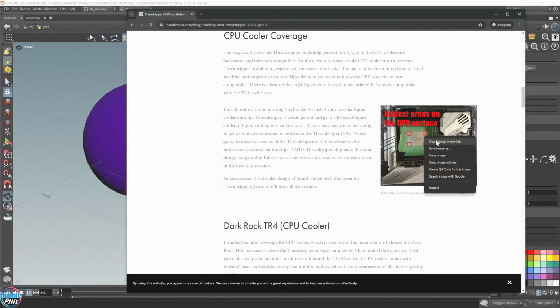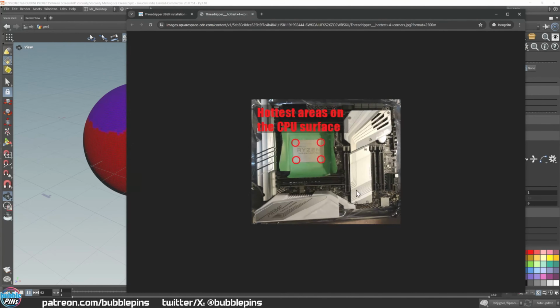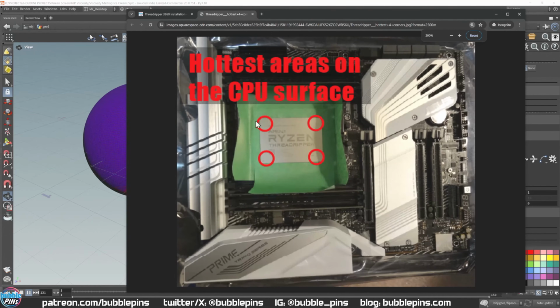What I did was I put painter's tape all around it, and then I used a piece of business card, something that I could throw away, and squeezed the thermal paste onto the middle part of the CPU chip, and then spread it like butter all over it. Because I had painter's tape protecting the surrounding components, I wouldn't have to worry about making a mess. I was more concerned about having evenly spread thermal paste, because the temperature was quite an issue for me,